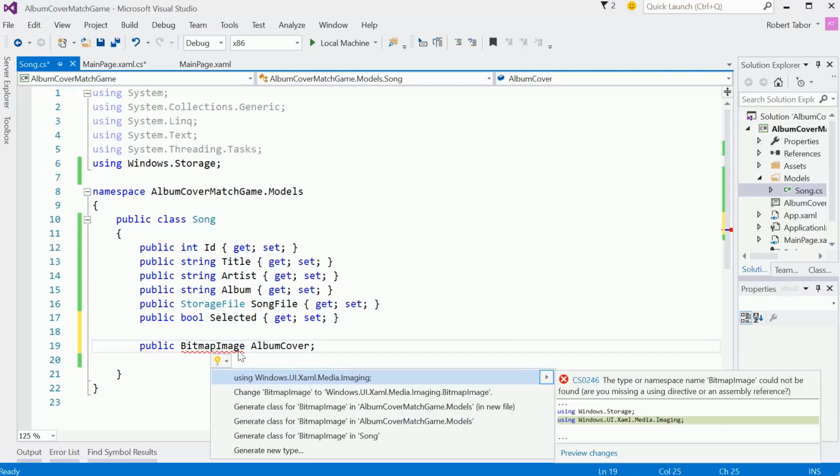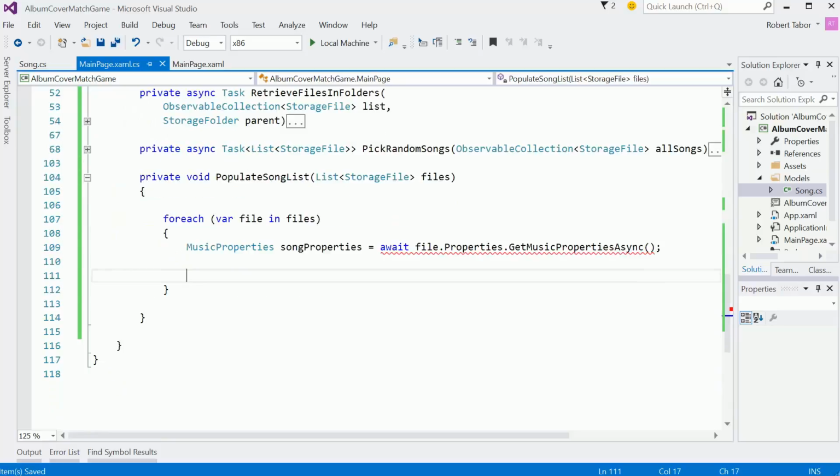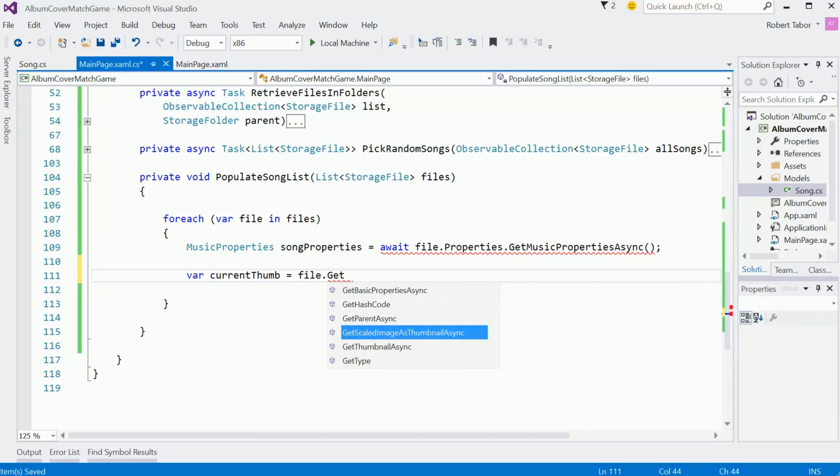Bitmap image that I'm calling album cover so I can save it off. Great. As a property. So let's grab that first. So I want a thumbnail. And so I'm going to go file.get thumbnail